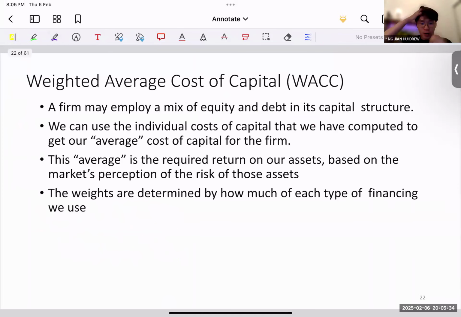Okay, so before we go for a break, let's just cover the WACC. So having talked about cost of equity, cost of debt, and for a small component, just cost of preferred stock, which is, as I say, not very common. So really need to look at the question whether there's preferred stock. But let's say there is, then we can now use the weighted average of the various components to determine your cost of capital.